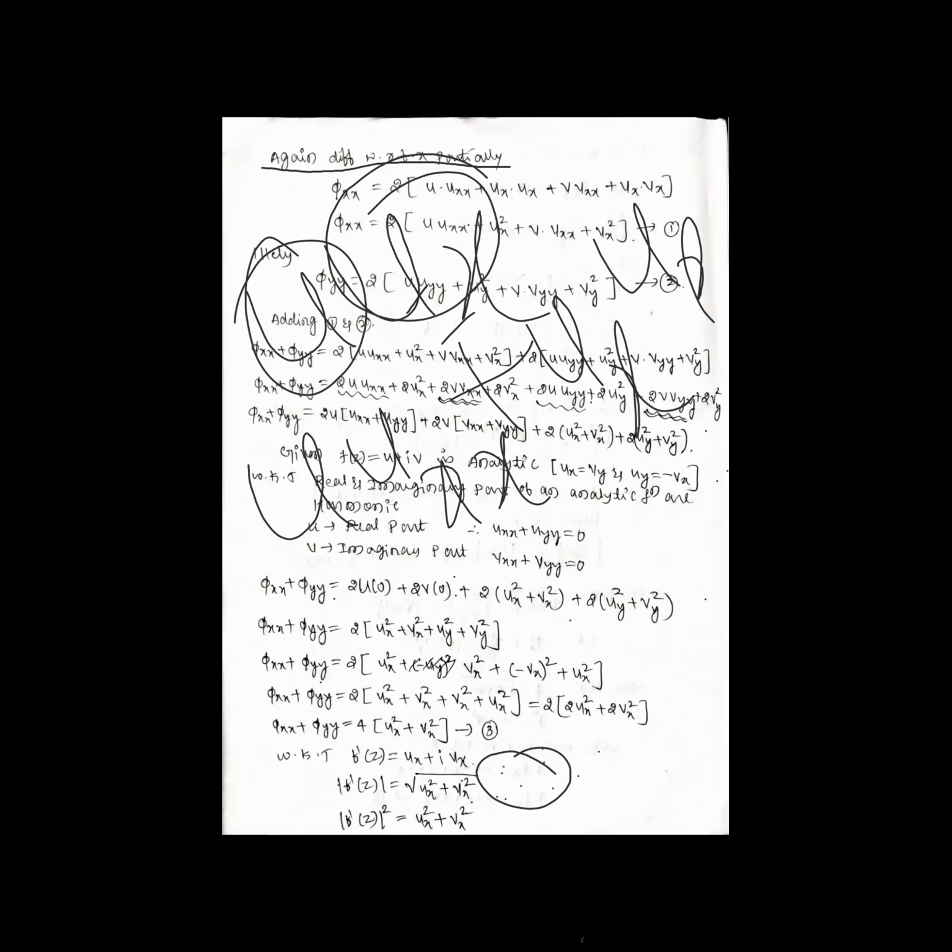Similarly, I have to differentiate this. So 2 I had taken common. This I have written here, ux into ux, that is ux the square. First we'll see the differentiation: first function into differentiation of the second plus second into differentiation of the first with respect to x. So similarly, I am doing here also. Okay, so 2 into u uxx plus ux the square plus v vxx plus vx the square.